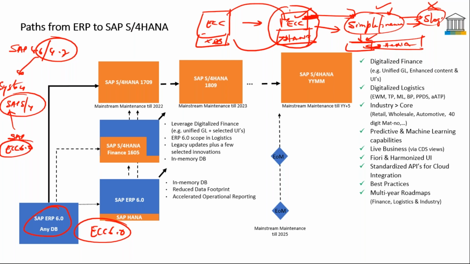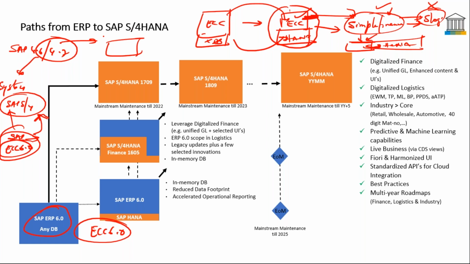Okay, so what is the advantage of converting? It is because you have a lot of custom objects, right? So you would have customized a lot of objects. If you want to move that to SAP S4HANA, yes, of course, not everything could be directly moved. There could be specific changes that have to be done at the code line level before you move it. But there is an option of retaining the custom code, whereas if you go for a new implementation altogether, you cannot move the custom code. It will all be right from scratch, as it would be for a new system. That is called a system conversion project versus a new implementation.